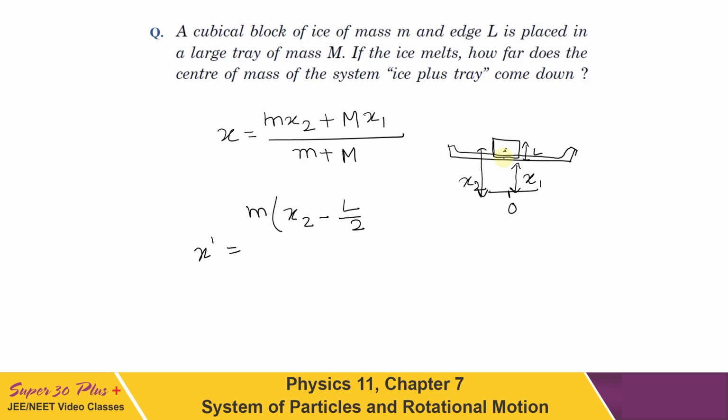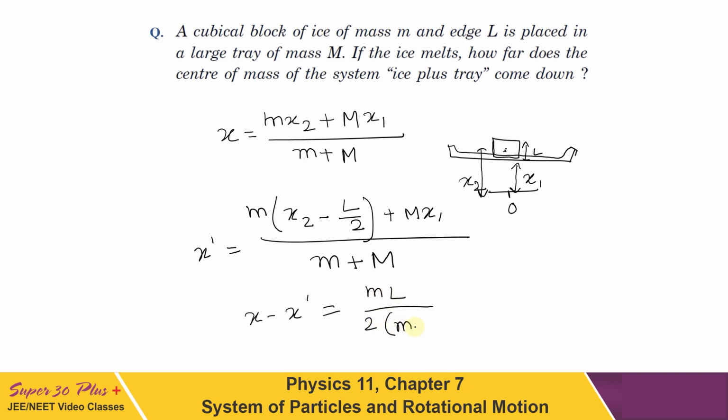So we can write its location as x2 minus L by 2, plus M x1 for the tray, which is not going to change, upon the whole mass m plus M. So now we can write the shift to be equal to x minus x dash, and on subtracting the values written here, we will get this to be equal to mL upon 2 times (m plus M). So by this value, the system ice plus tray will have its center of mass lowered